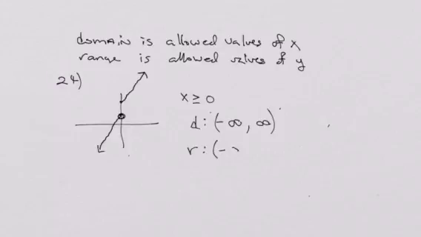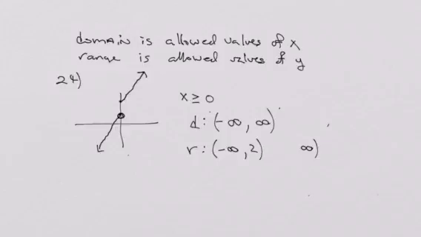I can get negative infinity. Somewhere over here, I'm going to write positive infinity. But I'm missing some values of y. I'm missing those values in there. I got close to, but didn't quite reach positive 2, and that's because of that hole there. I didn't quite reach positive 2 for y. So I have to put a